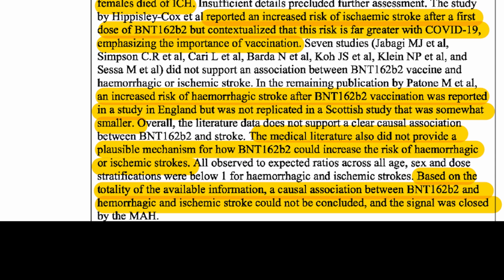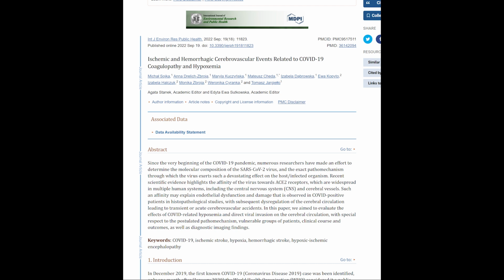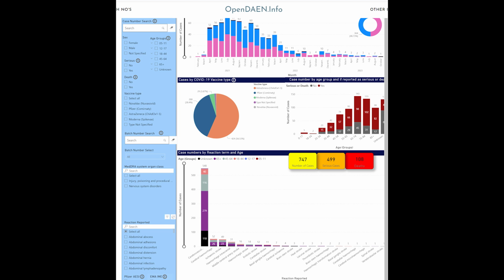It is an unexplained mystery that Pfizer would justify increased reports of stroke by stating the risk is worse with COVID disease, and then to state that there is no biological mechanism for stroke from the vaccine, when it is irrefutable that any condition potentially caused by coronavirus can equally and plausibly be caused by the self-produced spike protein from vaccination, as it is the spike protein that is the pathological protein by which the coronavirus causes COVID-19 disease. And there are again hundreds of reports of strokes and over 100 deaths reported to the TGA,